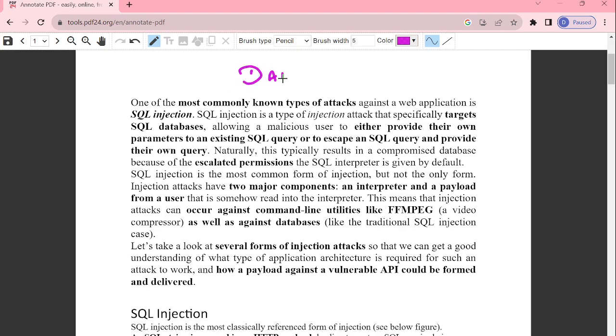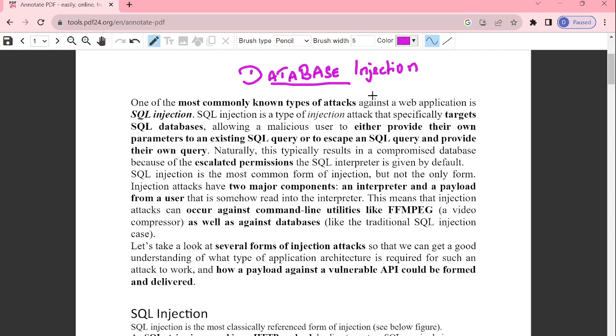Database security. Database injection. Right. Based on the injection types, there are three categories of injection. One is known as SQL injection, another is known as code injection, and the final one is command injection. These are the three types of injections that occur in web applications, and mainly they are targeting